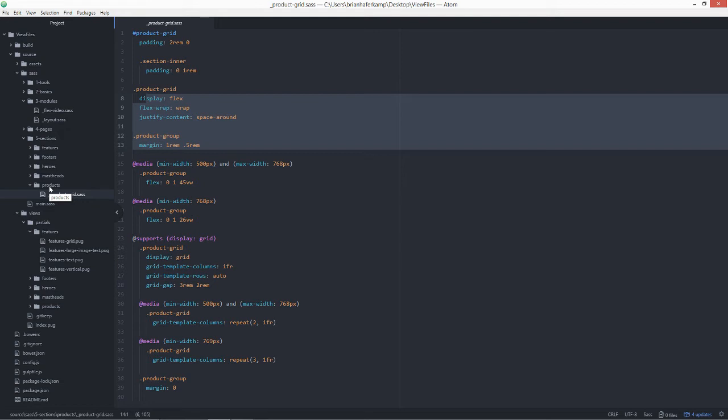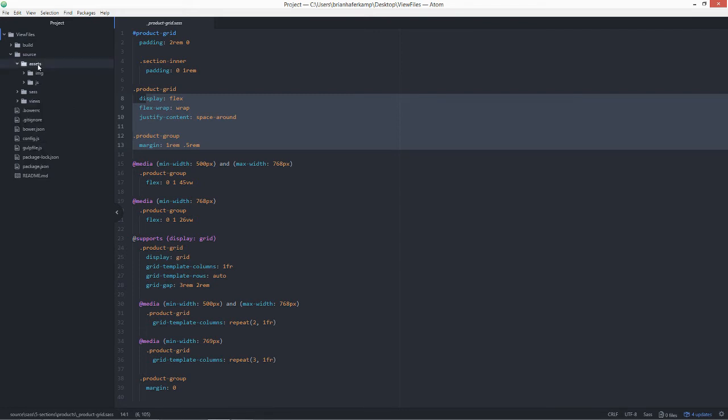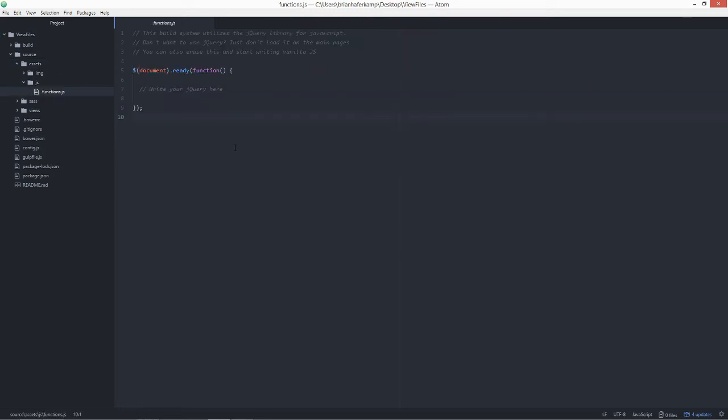So it comes with grid. It's the newest and latest and best. I use grid on almost every single project that I've made in the last year. There's also an assets folder, so it comes ready for jQuery. If you don't want to use jQuery for your JavaScript, then you just erase all this and just write your vanilla JavaScript. This functions.js